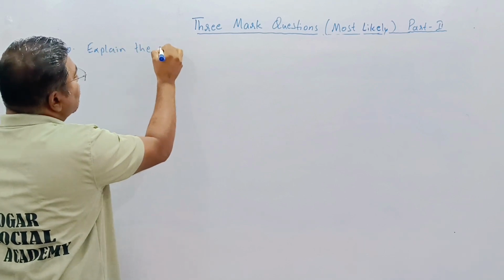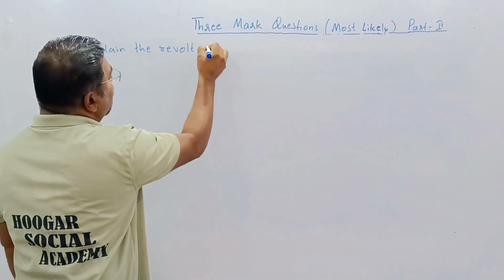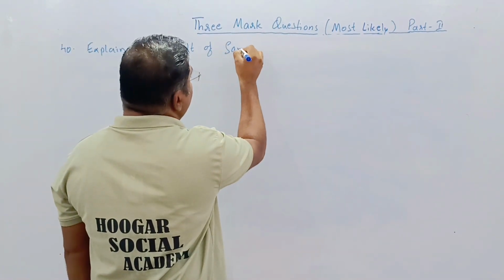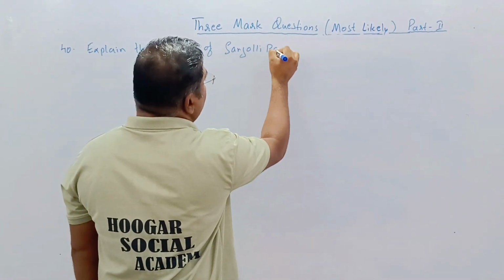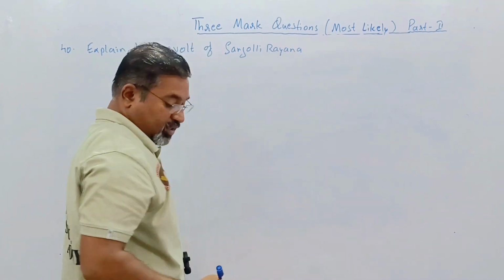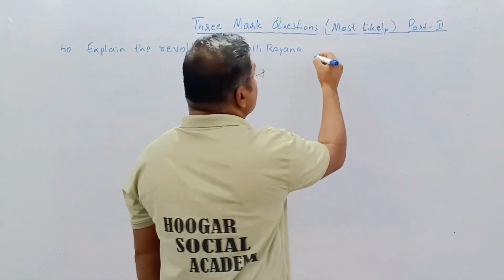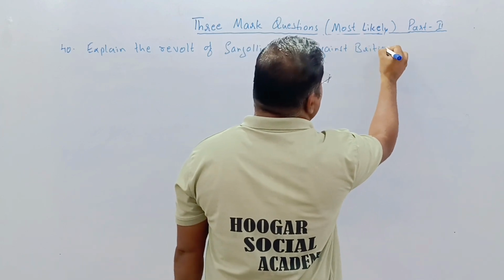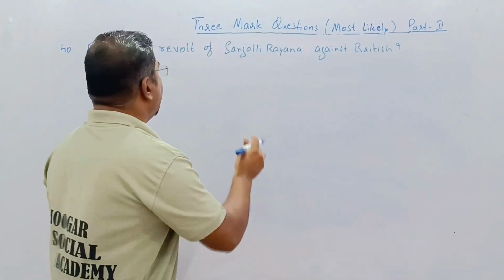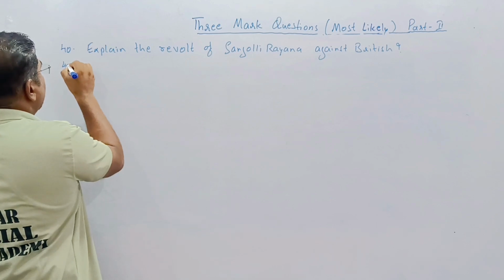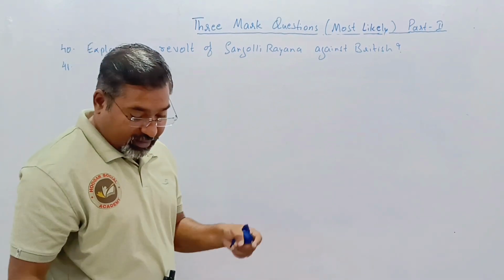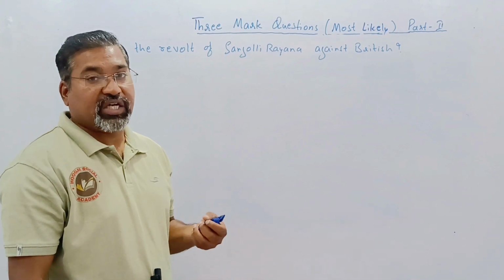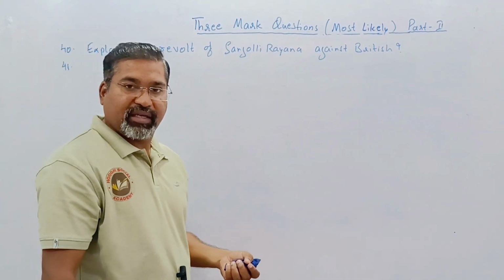Explain the revolt of Sangolli Rayanna against the British. Revolt of whom? Of Sangolli Rayanna, because Sangolli was a very prominent leader who played a very major role in saving the